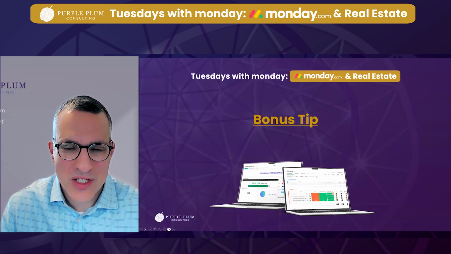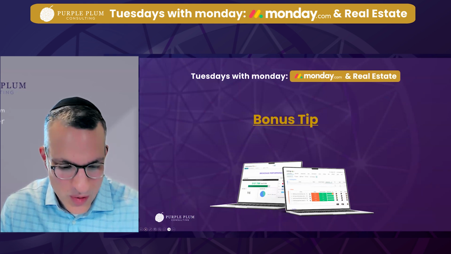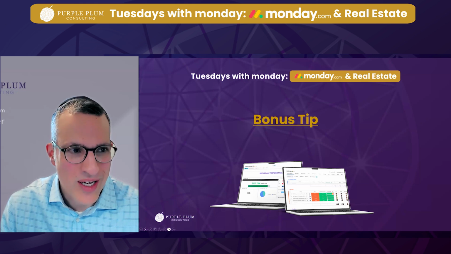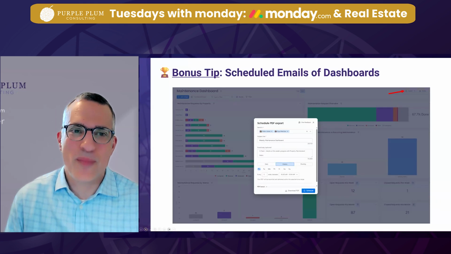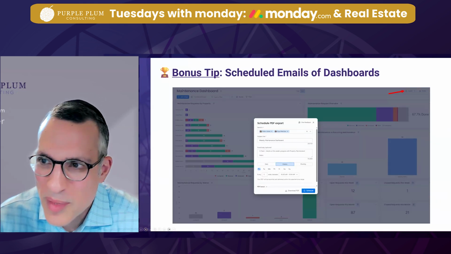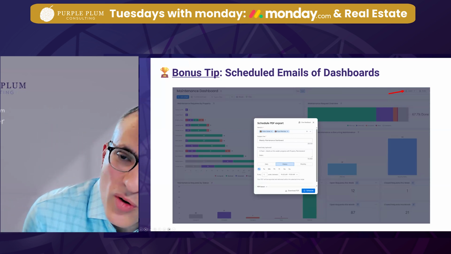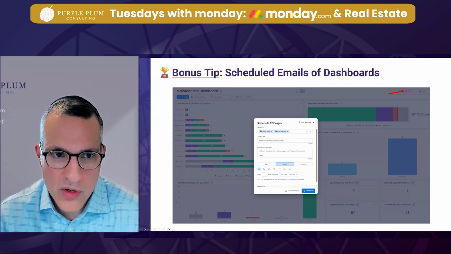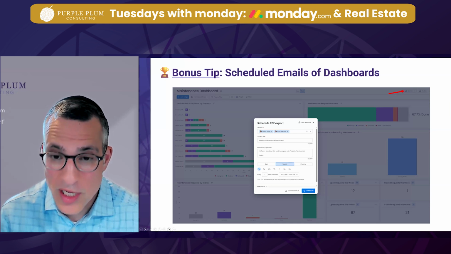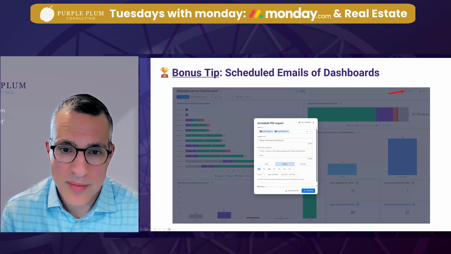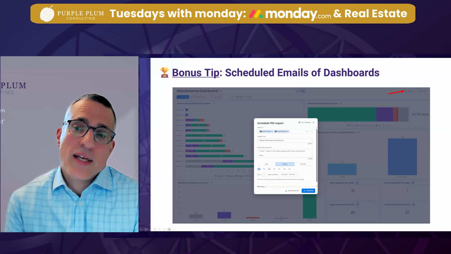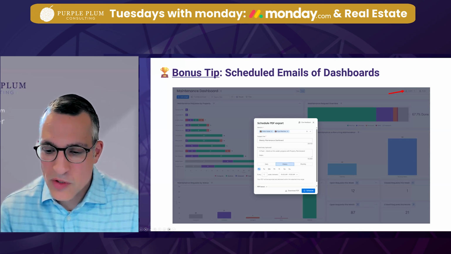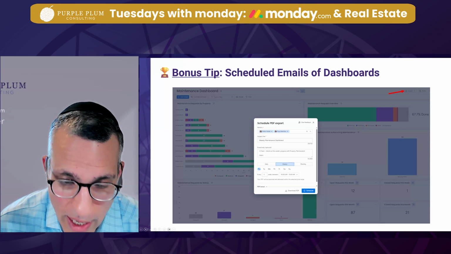Yeah, and as always, we spend time figuring out what our bonus tip is. Sometimes it's the little things that matter. So this week we are sharing a really cool tip that has been around for quite some time, but it makes a big difference. Monday has this ever-growing concept of dashboards that I've demoed several times. But often a member of the senior leadership team is not going to log in and access the dashboard.